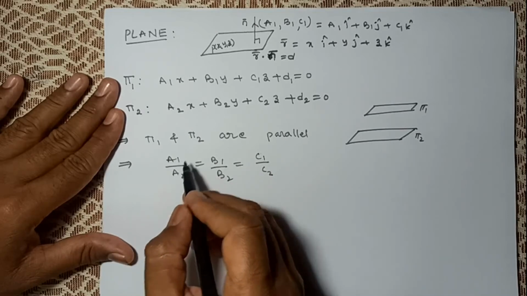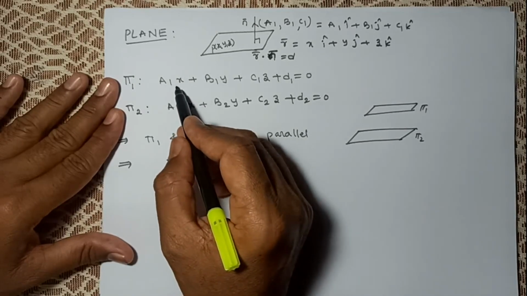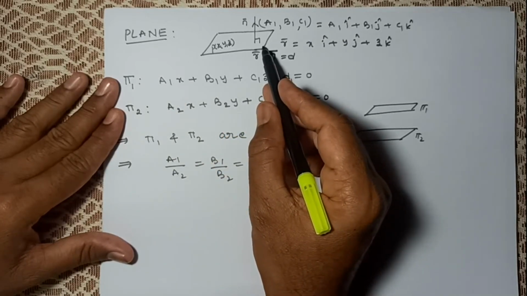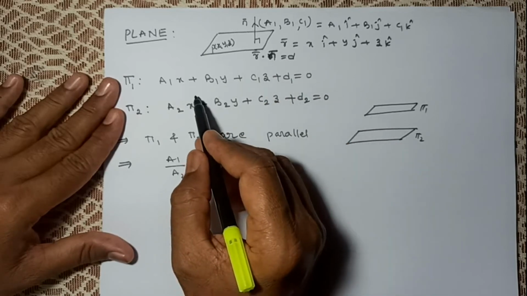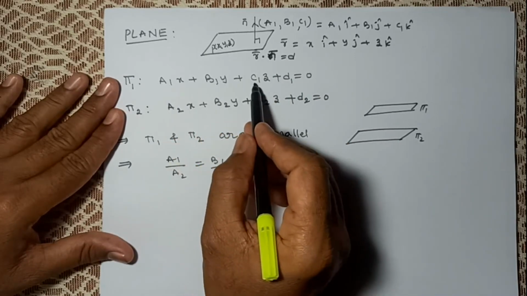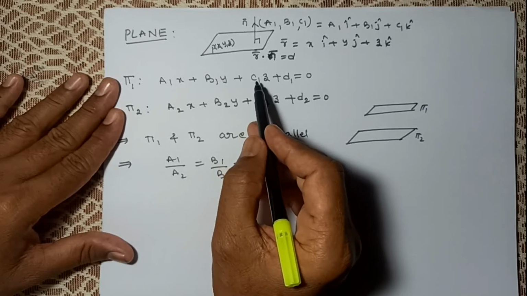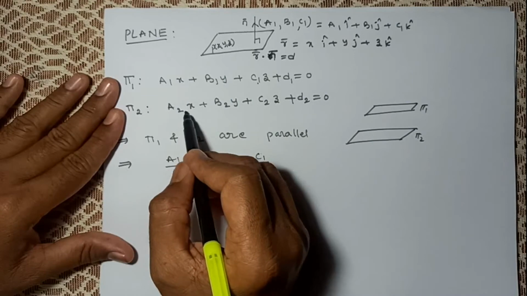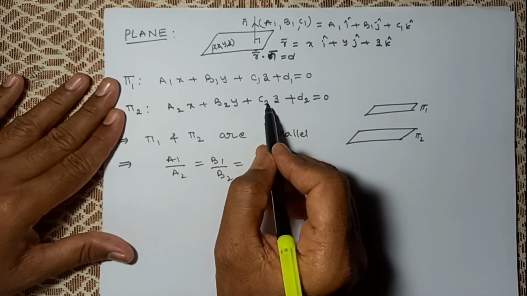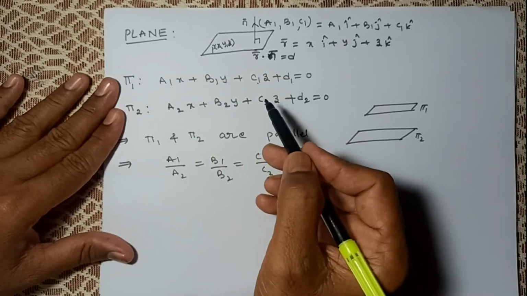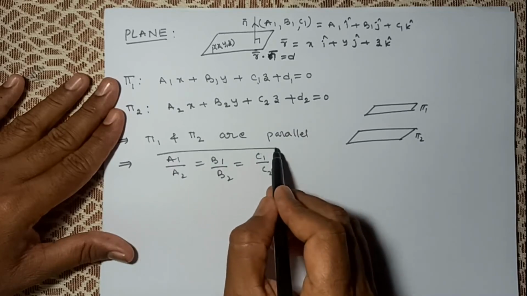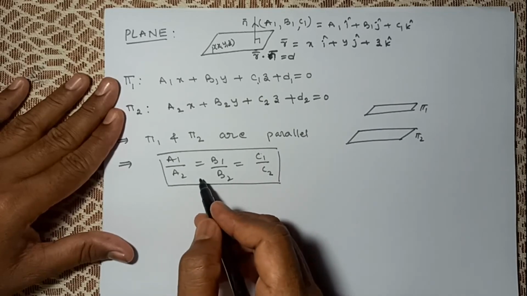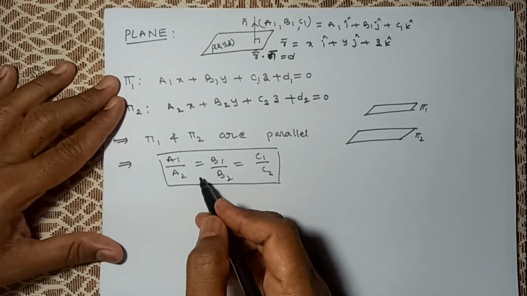So these are the DRs of this plane. DRs of this plane mean plane DRs will be its normal DRs. That is a very important point. a1, b1, c1 are the DRs of normal. Plane DRs mean its normal DRs. a2, b2, c2 are DRs of the plane, meaning its normal. So we have to compare the x, y, z coefficients, then we'll get this condition if two planes are parallel.